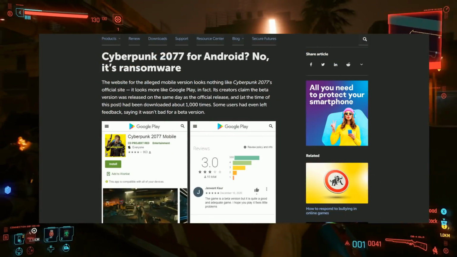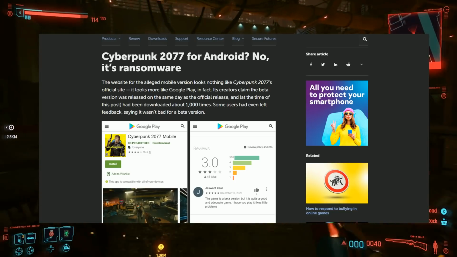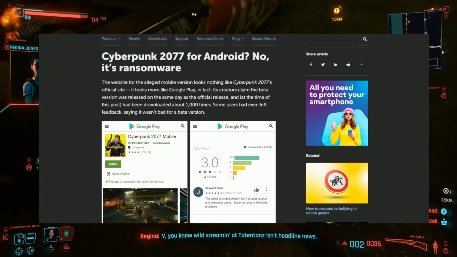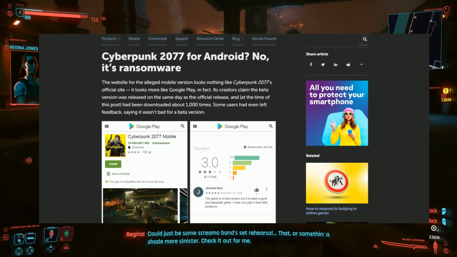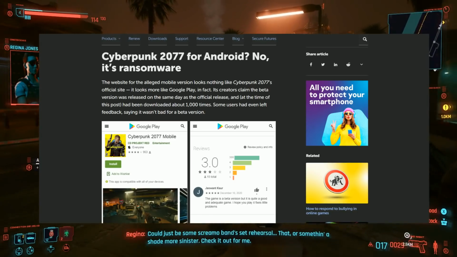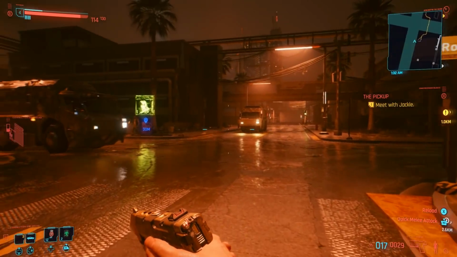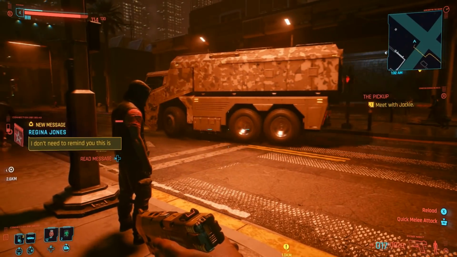It says, "Cyberpunk 2077 for Android? No, it's ransomware. The website for the alleged mobile version looks nothing like Cyberpunk 2077's official site. It looks more like Google Play. In fact, its creators claim the beta version was released on the same day as the official release, and at the time of this post has been downloaded 1,000 times. Some users have even left feedback saying it wasn't bad for a beta version." Which of course, those users are probably fake as well. But it talks about this beta as well, and once you get into it, you are